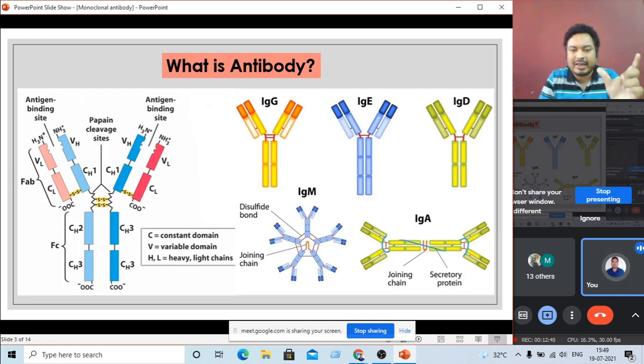Then this heavy chain polypeptide chain and the light chain polypeptide chain both get inside the endoplasmic reticulum. When they get inside the endoplasmic reticulum, both proteins are modified. This is called post-translational modification. Based on this modification, they produce a new type of protein, and in this protein, this light chain